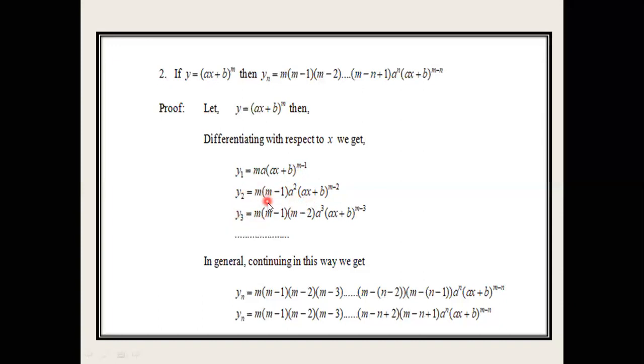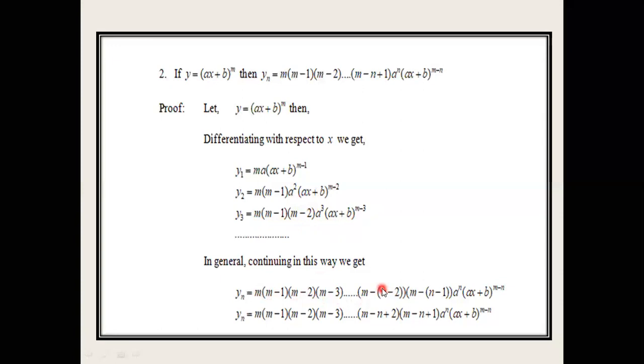So m keeping as it is, m minus 1 keeping as it is, the power of this function becomes m minus 2. This a into a square is a cube, and the term is ax plus b raised to power m minus 3. तो अगर हम यहाँ पे पैटर्न देखें या स्ट्रक्चर देखें तो आपको समझ में आएगा कि जो कांस्टेंट टर्म है वो कैरी होते जाता है, और यहाँ पे a का पावर जो है तो 1 से बढ़ जाता है, और वही सेम पावर में जो है तो m minus 3 होता है. सो यहाँ पे अगर हम nth के लिए जाएंगे तो यहाँ पे जो कांस्टेंट हम आपके एज इट इज कैरी करेंगे, मींस इट बिकम्स m minus 1 m minus 2 m minus 3 up to so on.